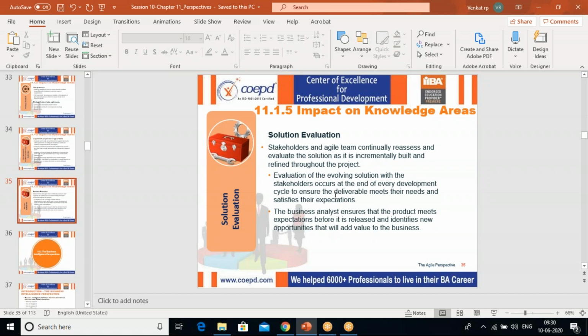Fine, got it, clear on this? So this is the approach from the agile perspective. Tomorrow we are going to discuss the remaining perspectives as well. So please go through this agile. In case you know agile, it becomes easy for you to understand this impact. Okay, fine, got it. And tomorrow we'll discuss about